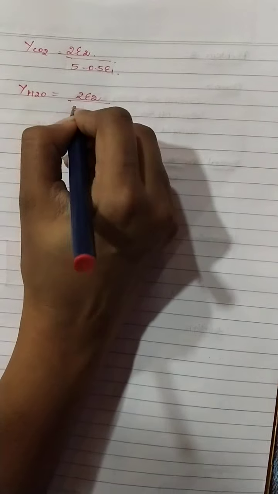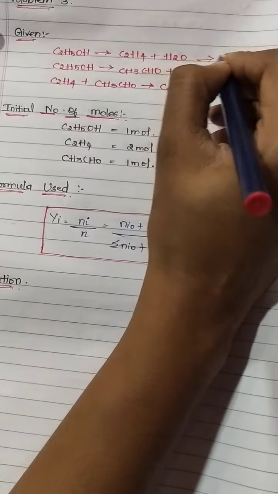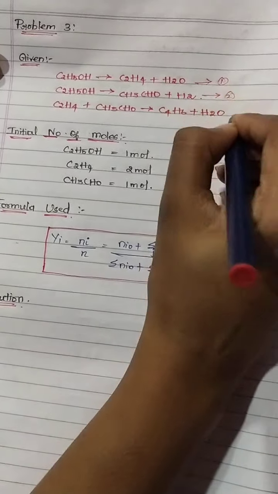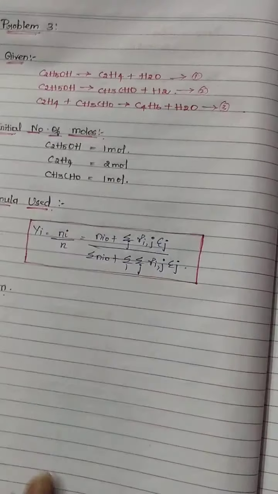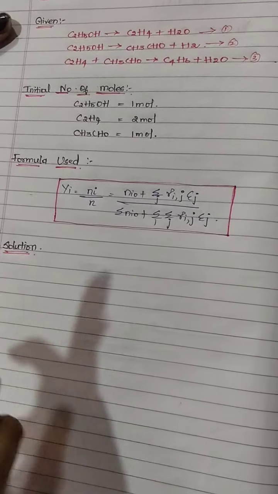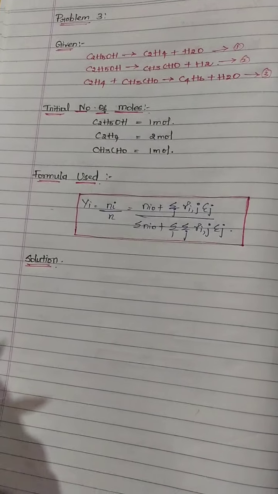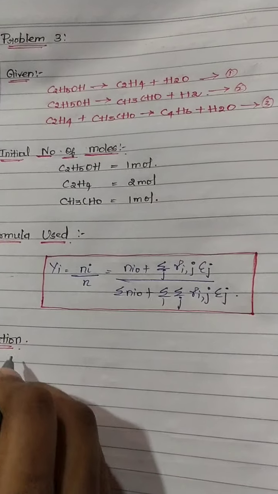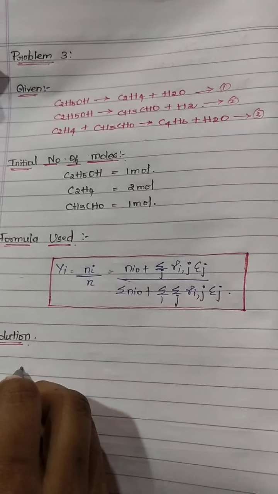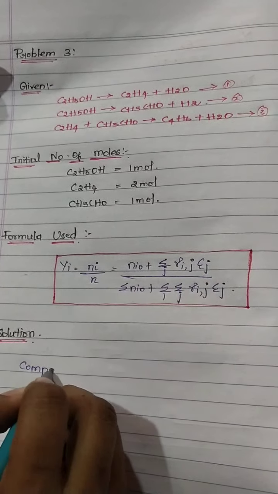Now a similar problem, but it has three reactions. I'll name these reactions 1, 2, 3. So we started with one reaction, next 2 reactions, now 3 reactions. Okay, same. Please have a habit of writing like this, and I'm also a human being, so I may make mistakes. If so, please give it as a comment. Okay, so for Ni naught, here you will have 3 reactions, so 3 nu 1.